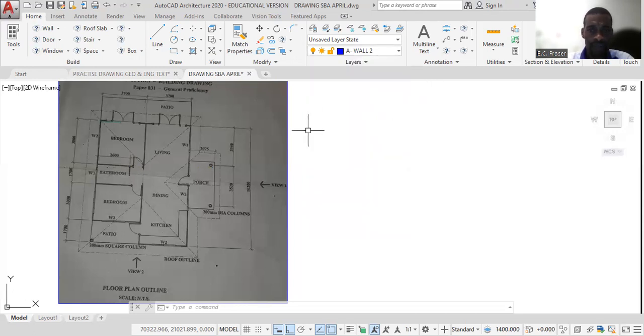Now let's get started. Of course, the shortcut key for layer is LA. The shortcut key for dimension is D. The shortcut key for text is, I think, TEXT, yes. And when you're annotating your drawing, you click text,